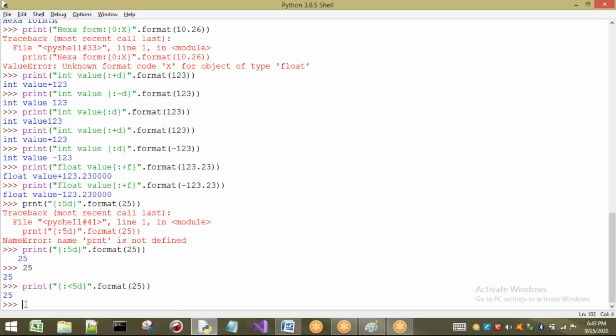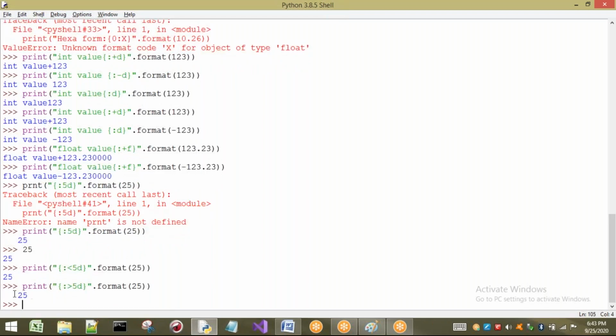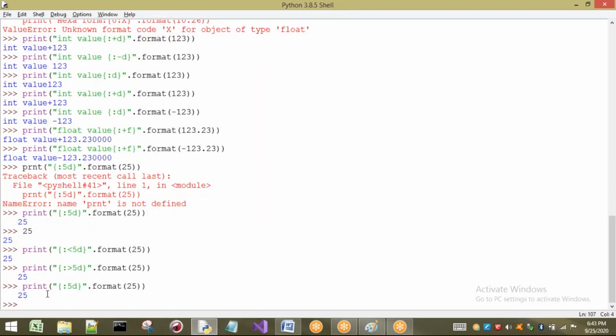Now I want to show you right alignment. By default it is right alignment. I will use this symbol now. Whether you write right alignment or not, by default it will print right alignment only. Both will be the same. Now I want to use center alignment.